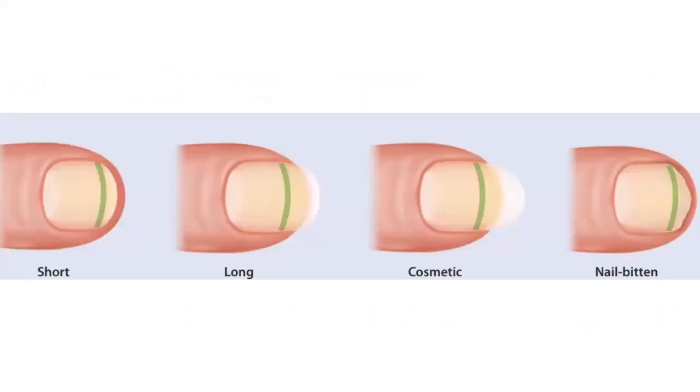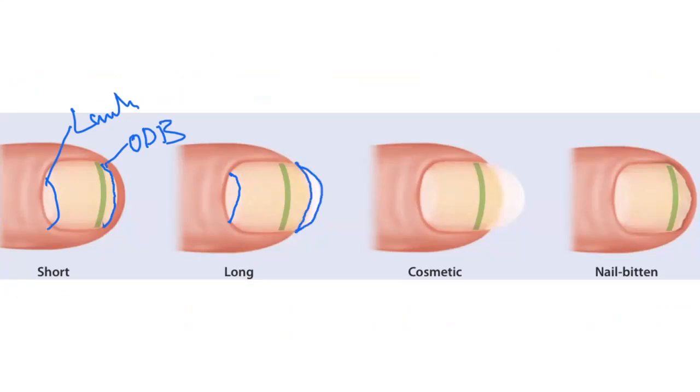Okay, this is the onychodermal band. This is a short band. So this is the lunula, right? This is the lunula. This is the onychodermal band. So the onychodermal band is long. The onychodermal band is cosmetic, means cosmetic. Okay, nail bitten. Okay, there is no onychodermal band here. This is called cosmetic because